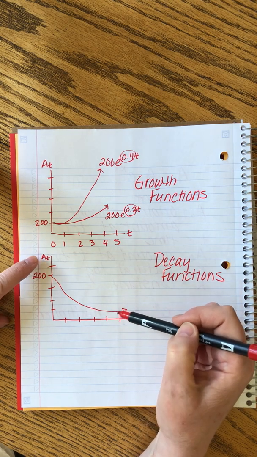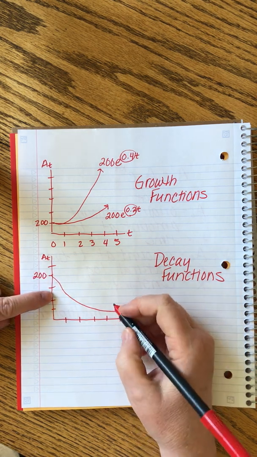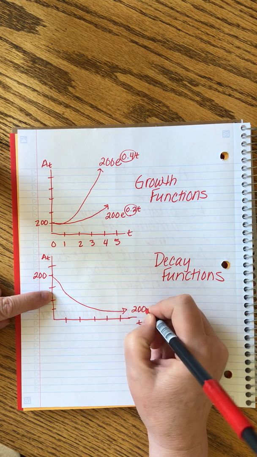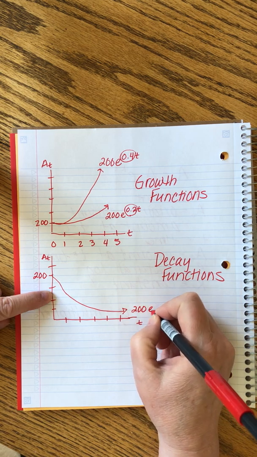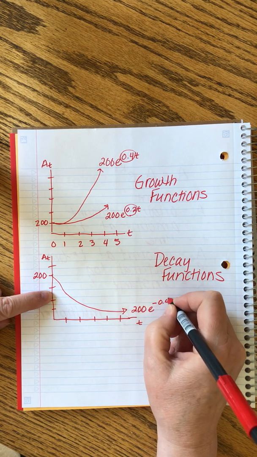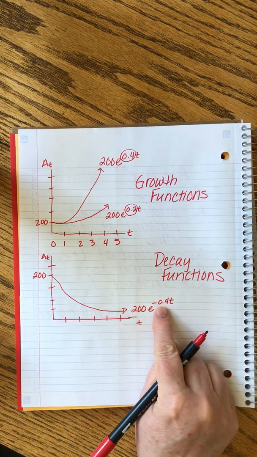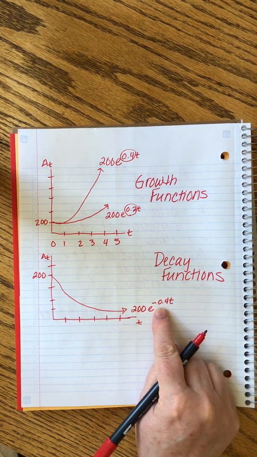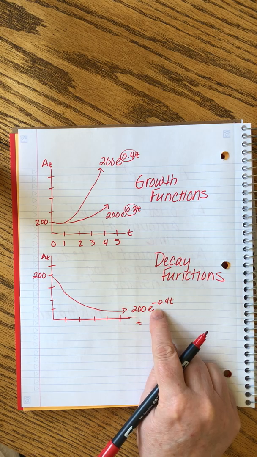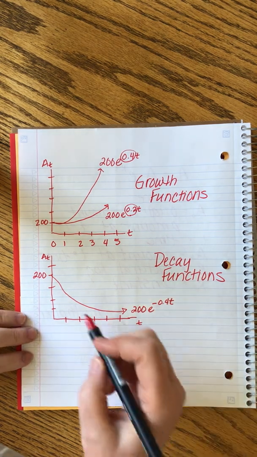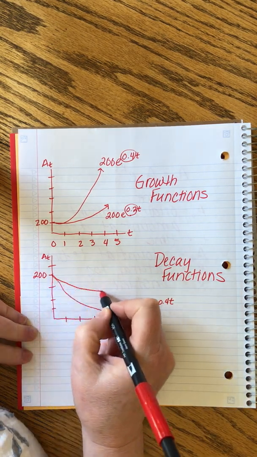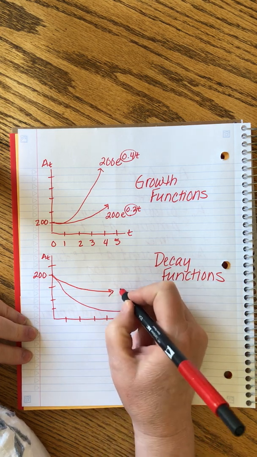We're going to get into a story of one of these later, so I won't make up a scenario for you. But in these, our constant in our exponent is negative. And as you might guess,